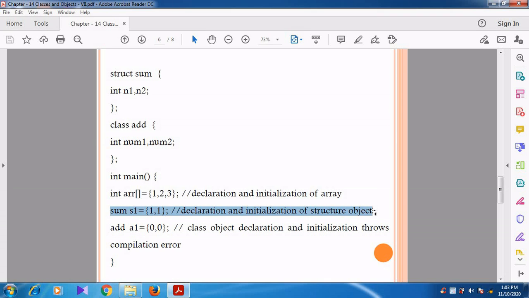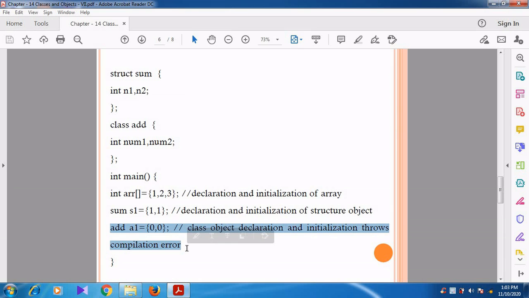So one is stored in n1 and another one is stored in n2. This is also possible. Structure object initialization is also possible, but class object initialization is not possible.